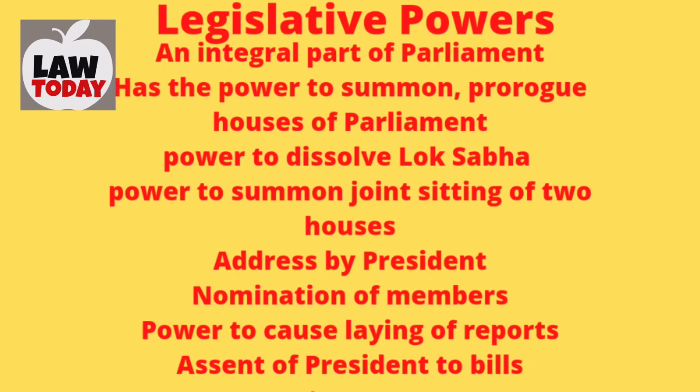The Constitution also provides for a joint sitting of the two houses of the Parliament. That is, under Article 108, it is provided that under certain specific circumstances, the President has the power to summon a joint sitting of both Lok Sabha and Rajya Sabha. The joint sitting is presided over by the Lok Sabha Speaker. Thus, the joint sitting is meant to resolve any deadlock between the two houses that arises over passing of a bill.